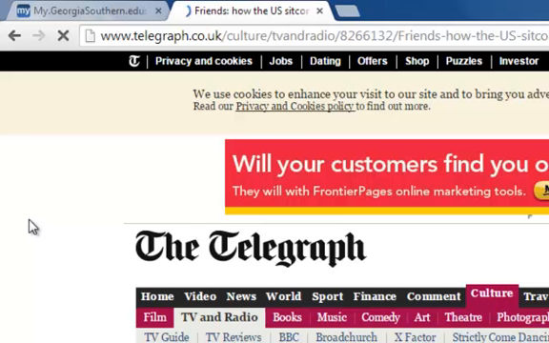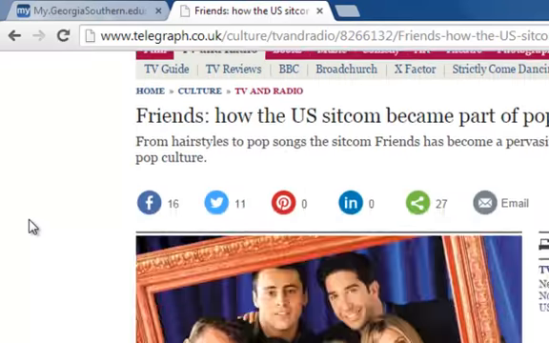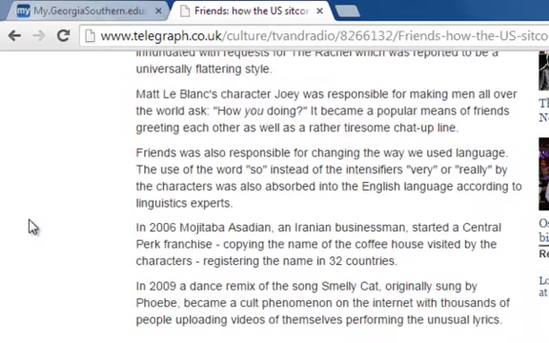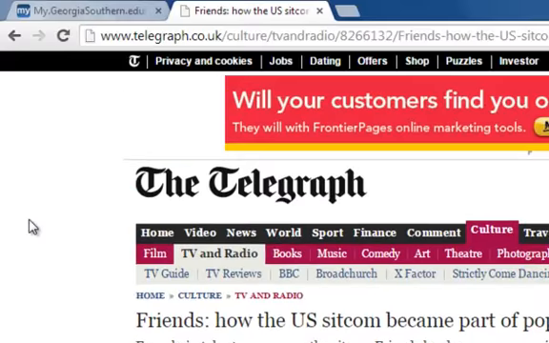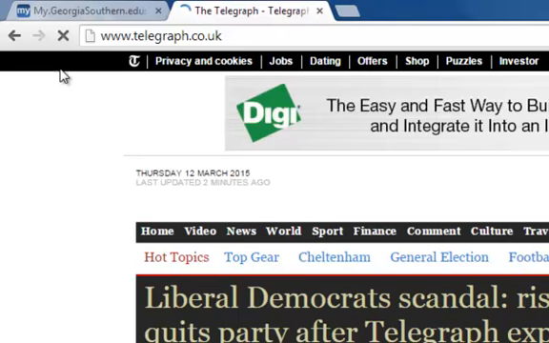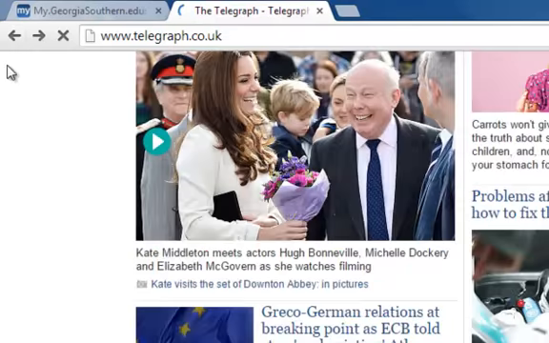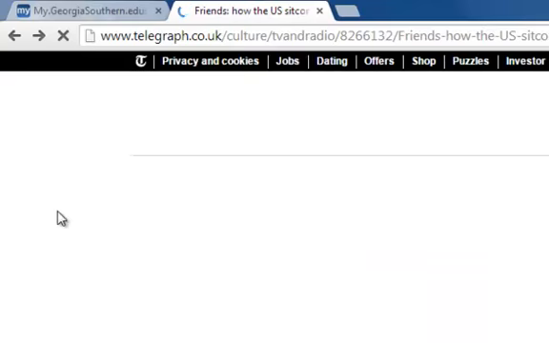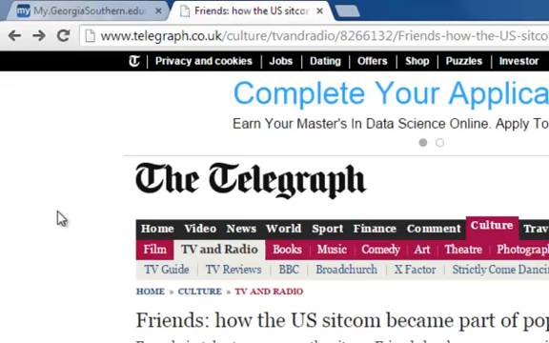Okay, and then now I found one on the New York Times, and it is. Wait. Actually, no, that's not New York Times. It looks like it, but